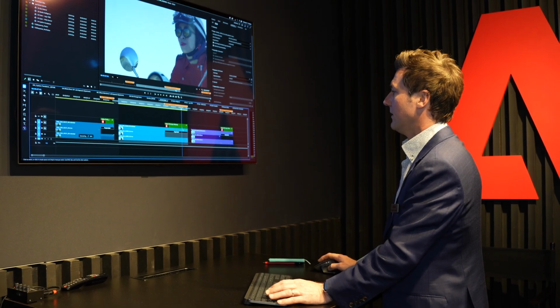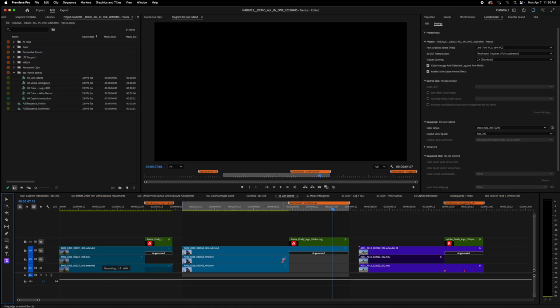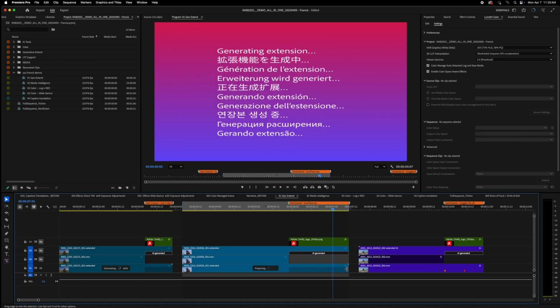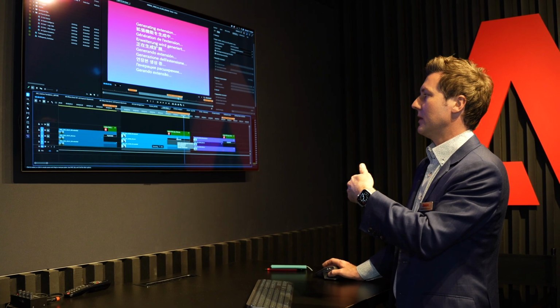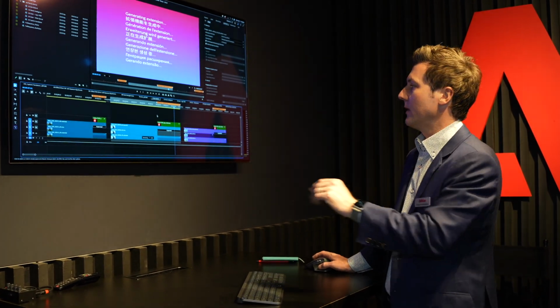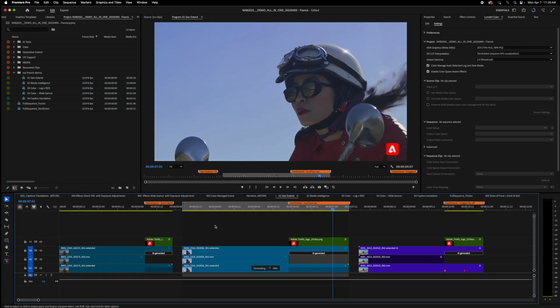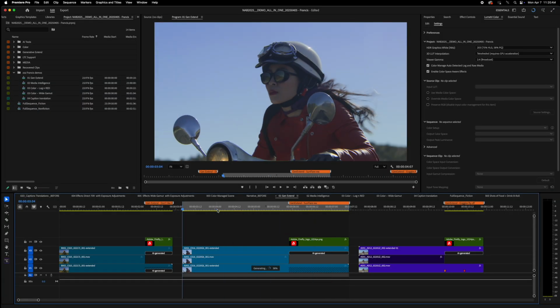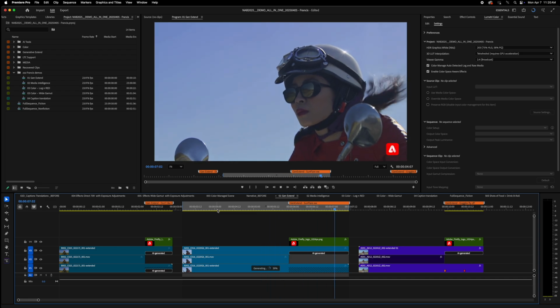And so, again, I can trim this back and use the generative extend tool and pull it out. And it's going to do the same thing as before, upload it to the service, and it's going to do its extension thing and return it back down into Premiere Pro. And let me turn on these layers and we can see the result here. So here we can see no more lens flare.